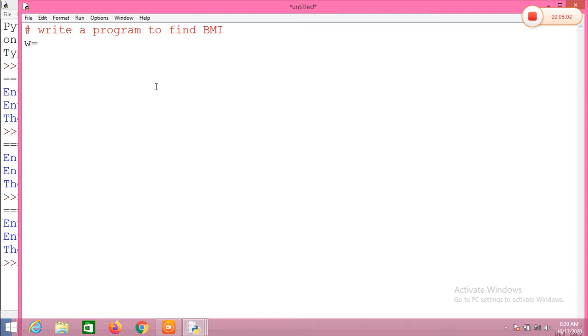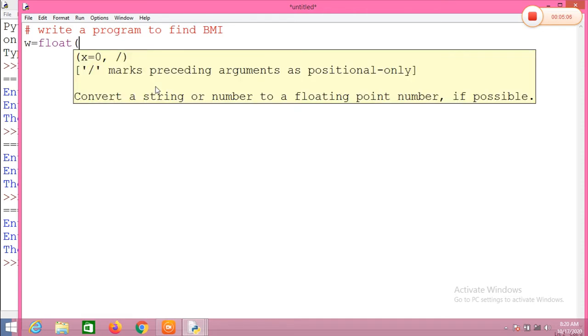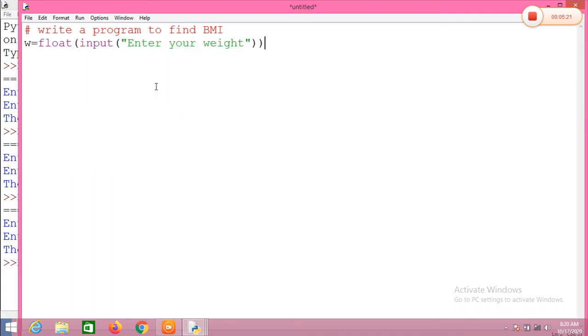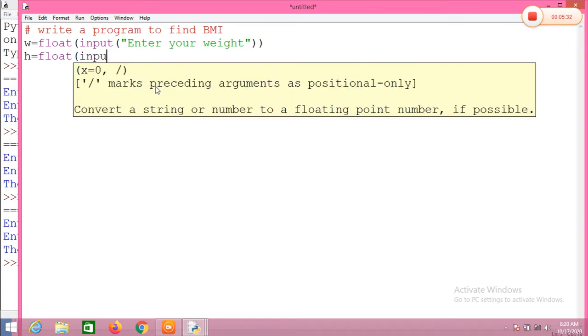Weight may be in points, so float, right, input, "enter your weight in kgs". Later we need to enter your height also, height also in some points. So we are taking float data type, float input.